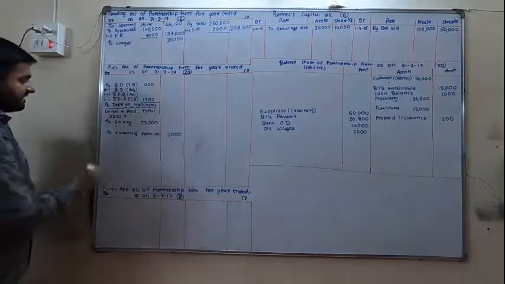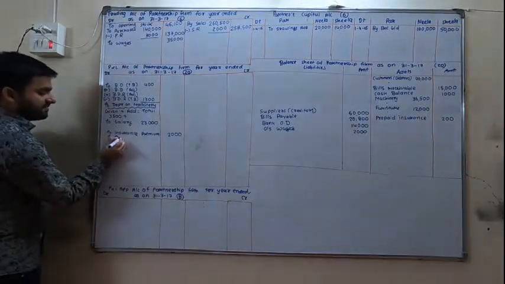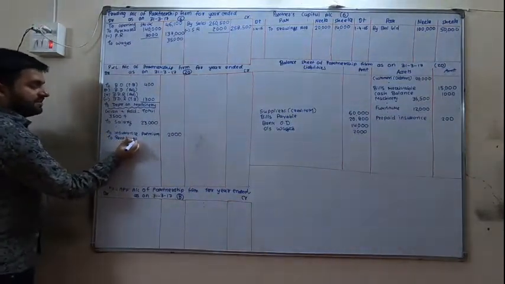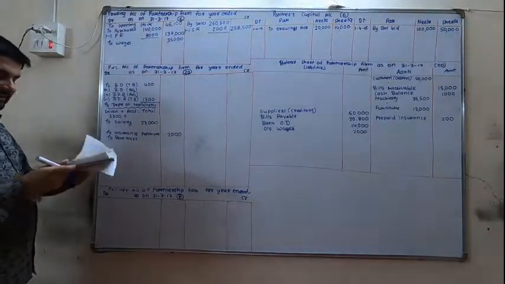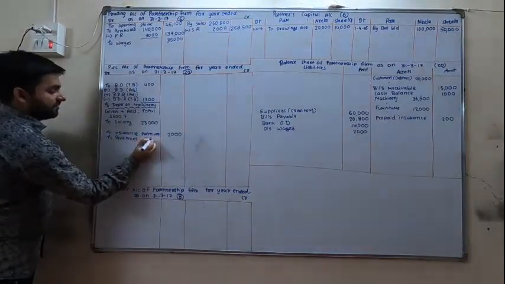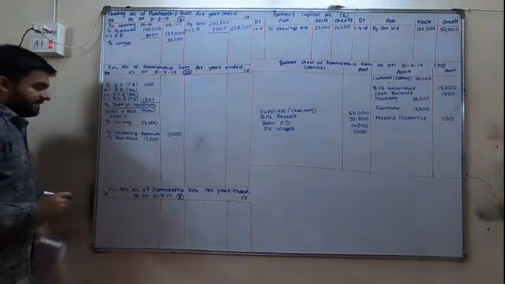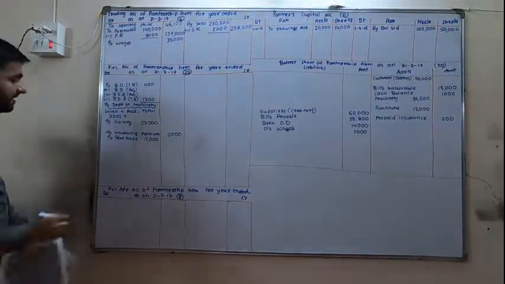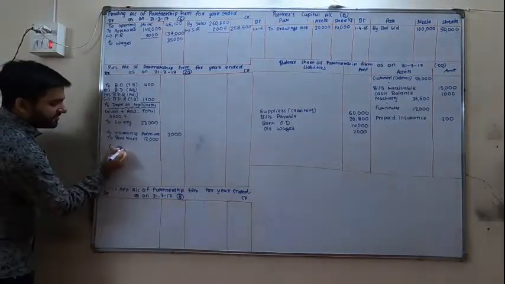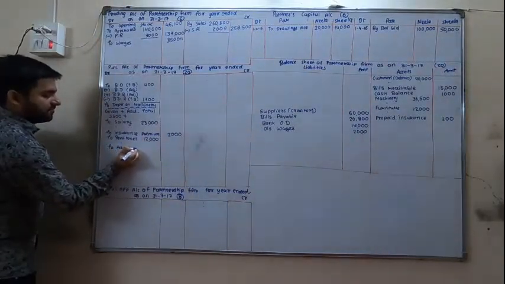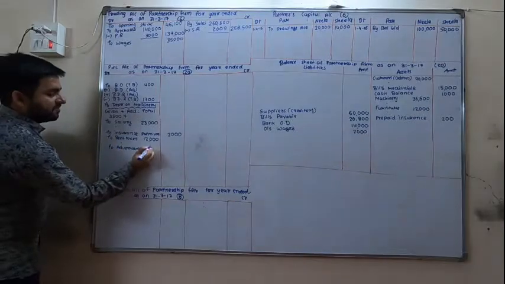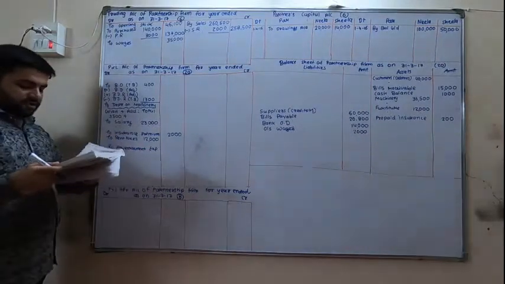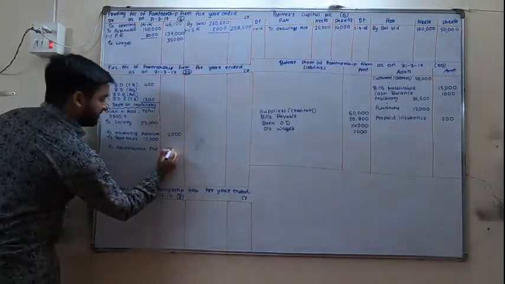Next we are having rent and taxes. So again it is an expense, but it has an adjustment, so to rent and taxes, in the inner column 12,000, leaving one line. Next we are having, again, advertisement expense. It is an expense account, but it does not have any adjustment, so in the outer column 2,900.